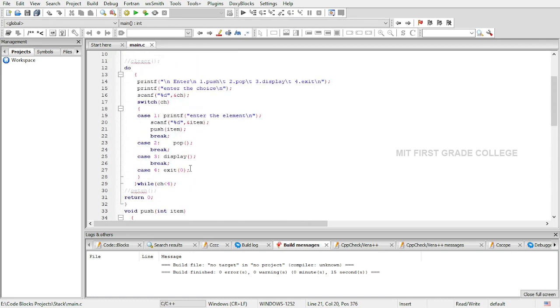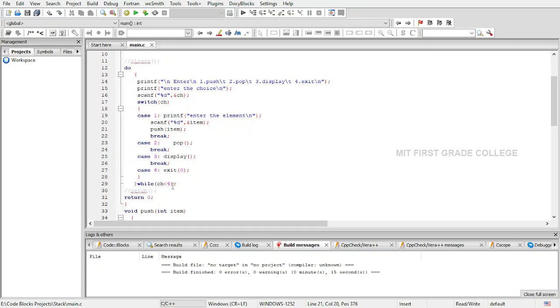After displaying, the flow of control will come back and the break statement here will make the flow of control come out of the switch statement and the condition in the while loop will be executed. ch less than 4. So this time I had selected 3. So 3 less than 4 will be true, hence I enter the do while loop.